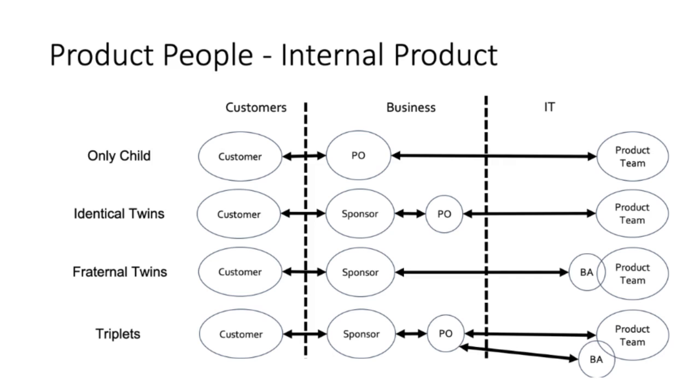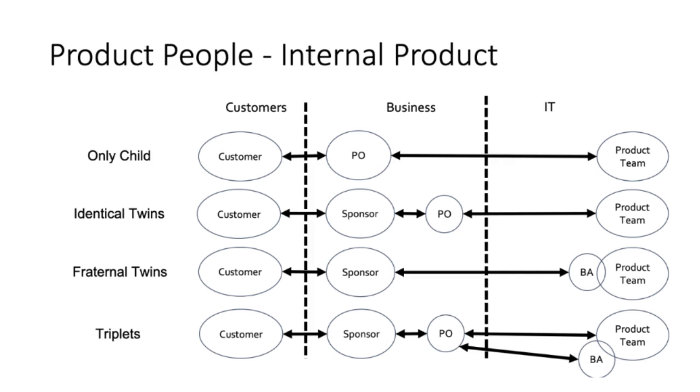Only child. Just like the external product setting, it's still ideal to have a single product person working to understand customers' needs, building a shared understanding with the product team, and understanding key data, rules, and processes. This is the only child model shown above. This model works as long as the product person is doing product work full-time and has the appropriate authority and responsibility to make the necessary decisions. Those conditions rarely exist in practice, so organizations adopt one of the other models, but rarely on purpose.